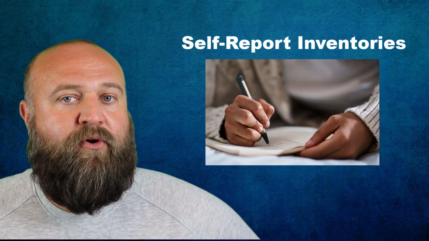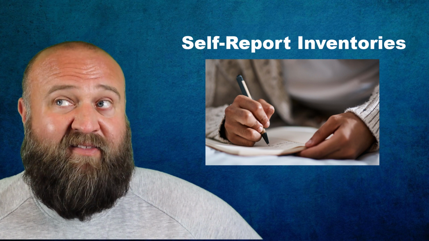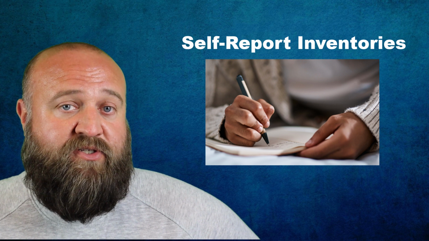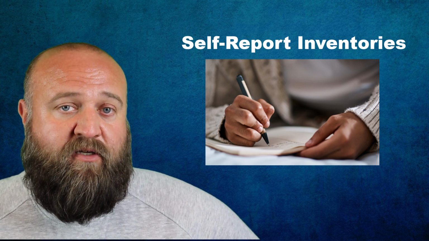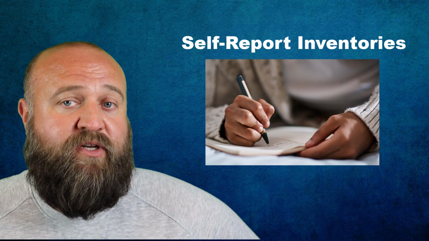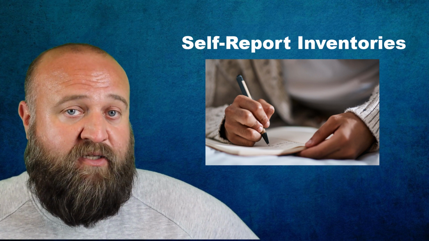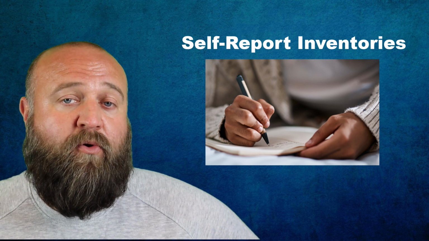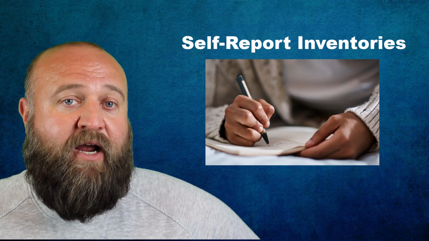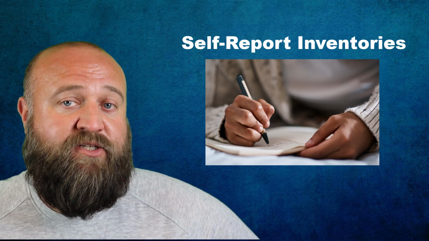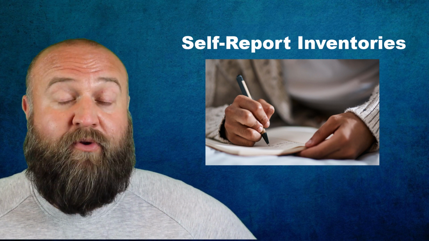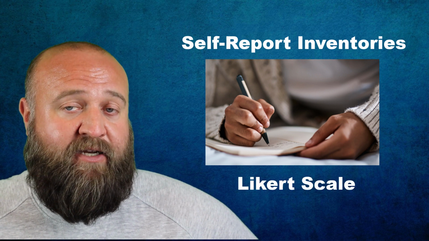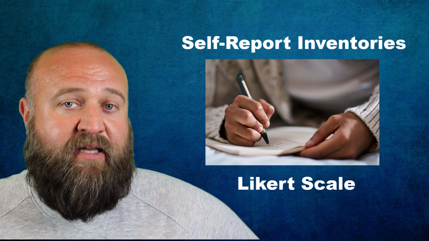A self-report inventory is kind of what you'd think of when you think of a test. There are set questions with different possible answers associated with those questions. Sometimes with self-report inventories, the questions may be multiple choice. They may be yes or no. They may be true, false. They also may be organized in a scale where you are asked how likely you are to engage in a certain behavior or how much you agree with a statement. These scales are specifically referred to as a Likert scale, and you do see them a lot in different types